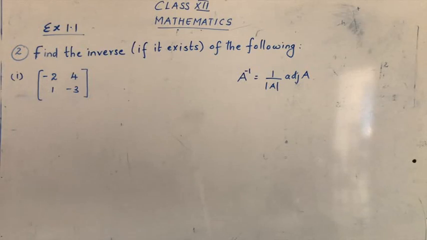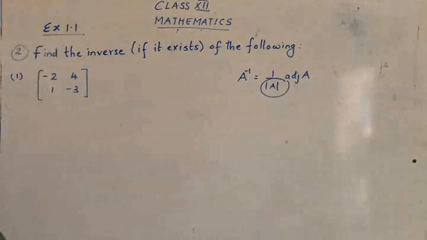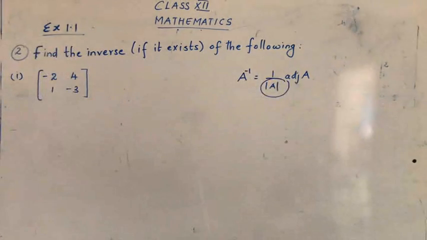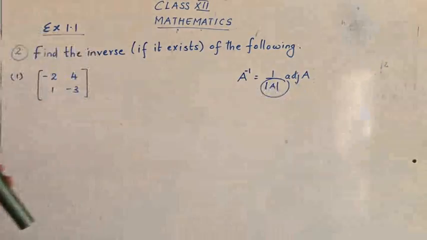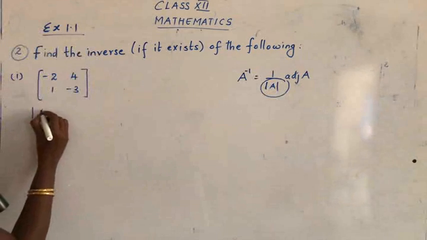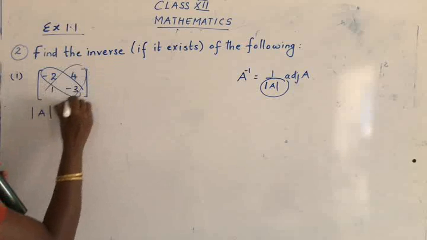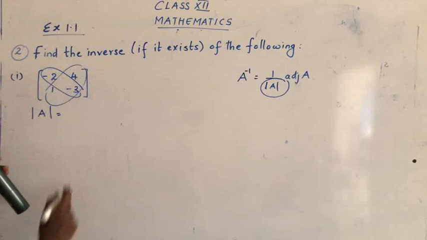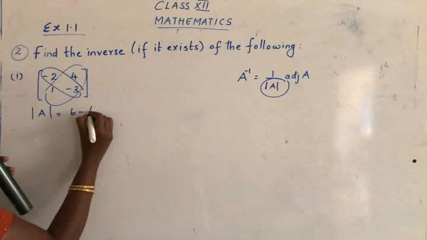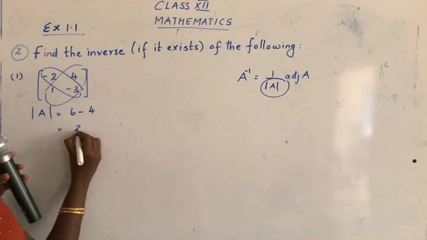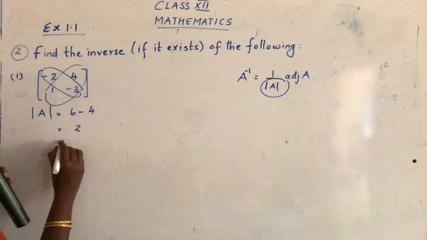So now let's go with the first step. Now what we are going to do is first find determinant of A. Adjoint A, I hope that you people know how to find out adjoint A. So now let's go for determinant of A. So determinant of A is nothing but just cross multiply and get the answer. So minus 2 into minus 3 is 6. Main sign is minus. 4 ones are 4. So what is your answer? It's 2. So now the determinant is not equal to 0.